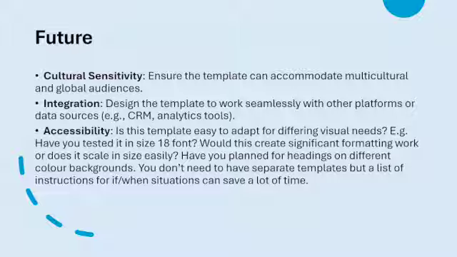Similarly, if you've got different headings on different color backgrounds that look really nice and align with your brand, brilliant. But then you know you have somebody for whom that's going to be visually very challenging, and you remove that. Do you have a version that can then be saved for future use? So a list of instructions of how to do that, or upon first creation of those, they get saved and shared, and have an accessibility subfolder for your templates. That is something that I would really encourage you to do. It can save a lot of time. You don't want three different people working on the same issue.